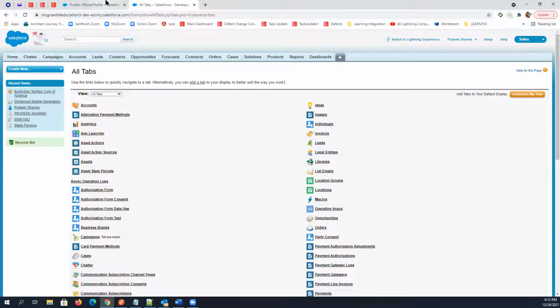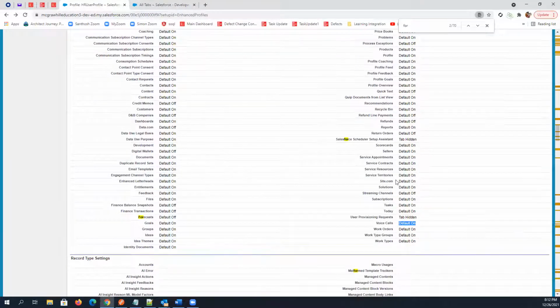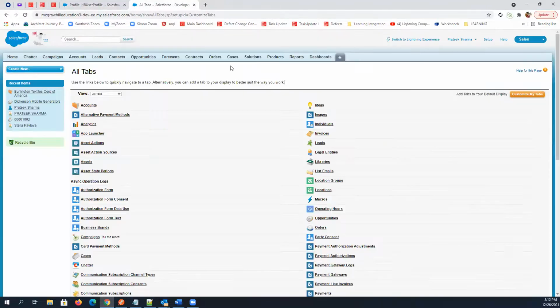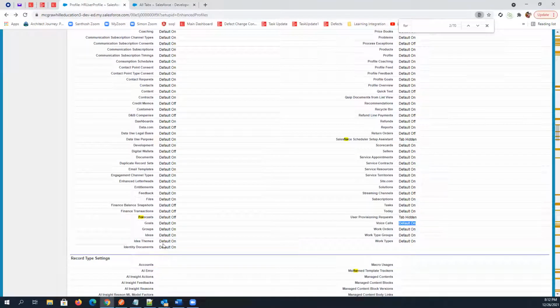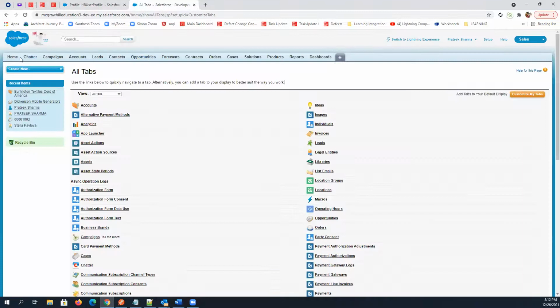All the tabs that have default on permission, you can see directly here on this header. And every tab in which you have default off, you will not see that particular tab here on this section, but after clicking on the plus sign, you can see that tab in the all tabs view.